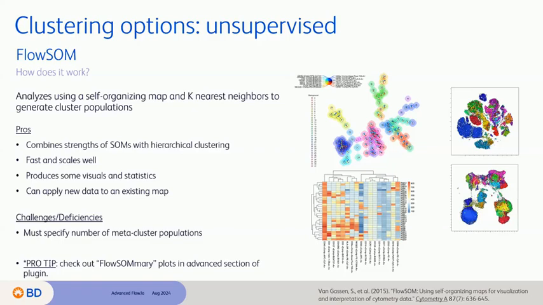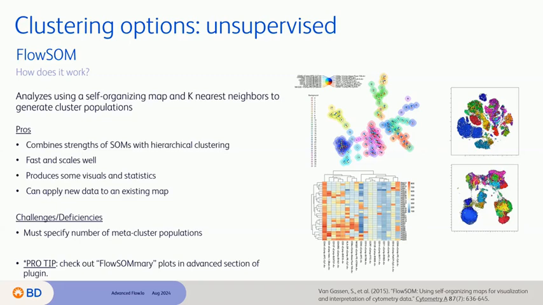And a pro tip there, when you're in FlowSum in the plugin UI, there's an advanced button there. If you click that, there's some additional options there, like controlling the colors of your outputs. But one is to create a summary plot, and it generates a PDF, and it does all of the available